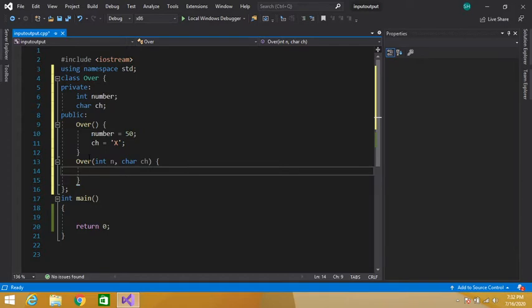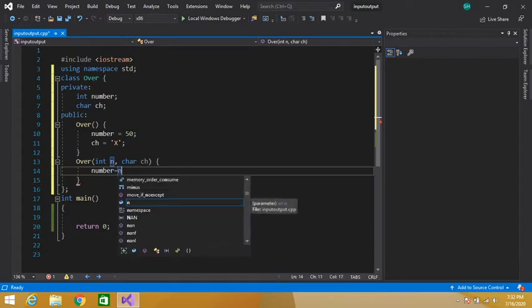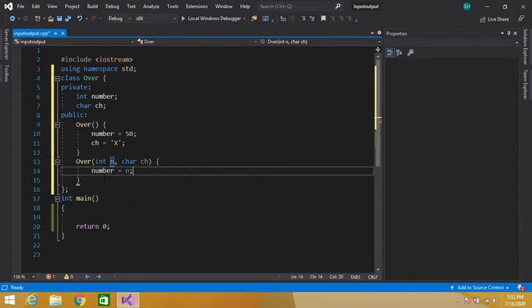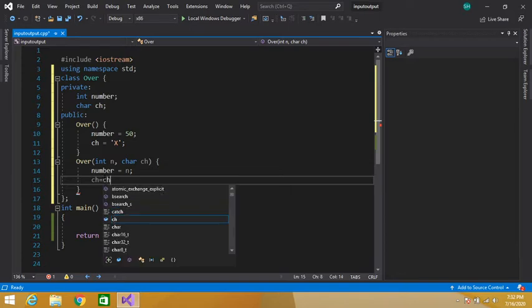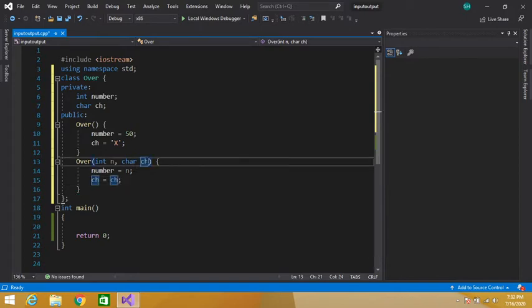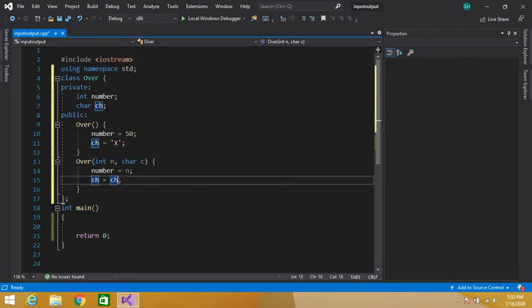Here we can initialize our data members. Number is equal to n, because this integer will be assigned to number, and our character ch is equal to c.